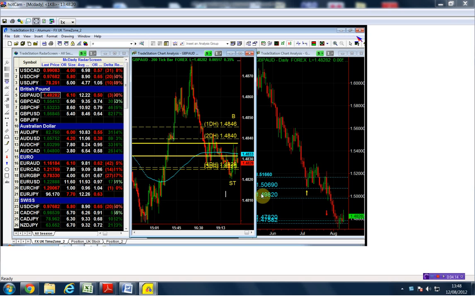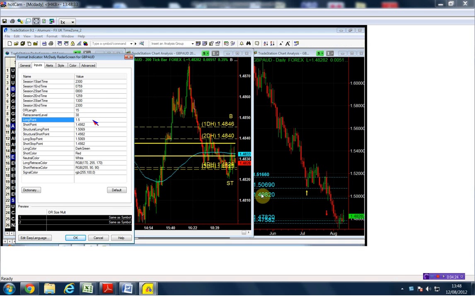So let me put these first, and then I'll come back and do the rest. So for the pound Aussie, I'm going to buy it above 148.50, and my stop is going to be 148.20, and my structural long point is the 149.82. On the short side,